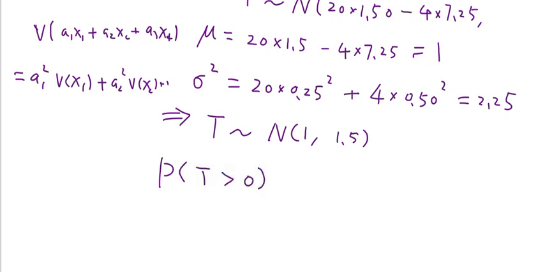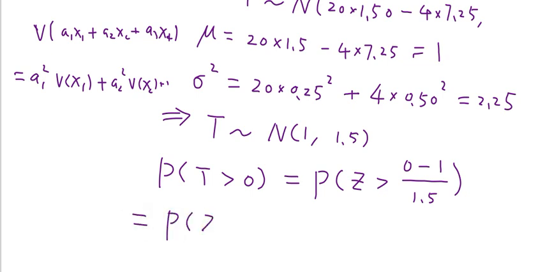Okay, so now the problem means we want to find this probability, T is larger than 0. Such a problem becomes easy, right? So changing this to Z, using 0 minus 1 over sigma, this equals, we see, negative 0.67, and checking the table, we find this equals